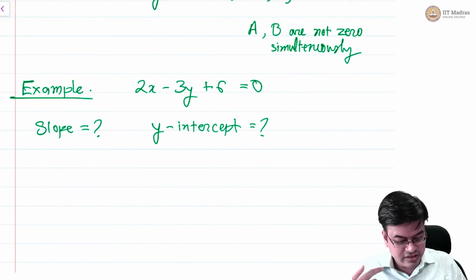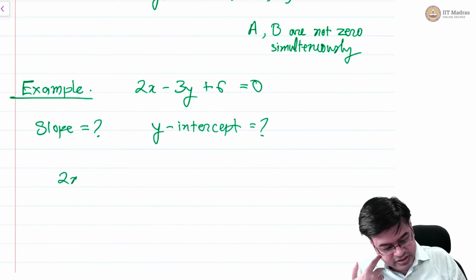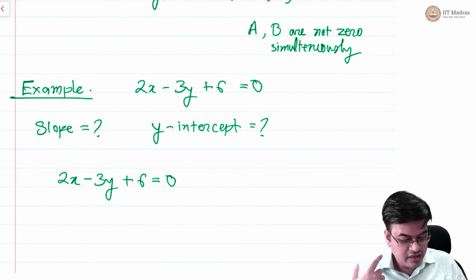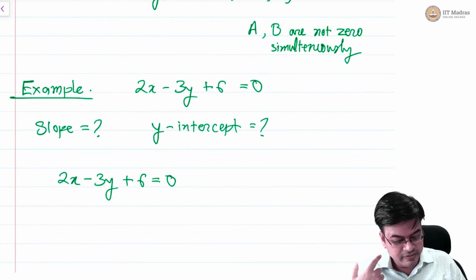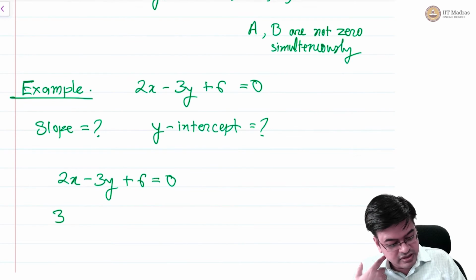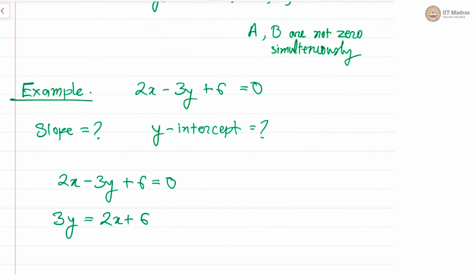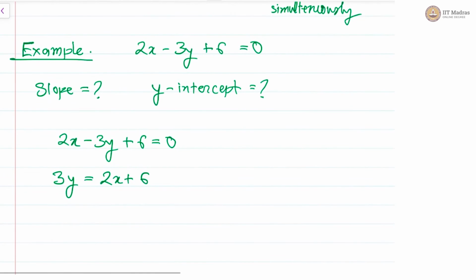Can I convert this equation into a slope intercept form? Let us take the equation 2x minus 3y plus 6 is equal to 0. Yes, perfectly well. I will switch everything on one side, that is I want everything on y to be on the left hand side. So I will write 3y is equal to 2x plus 6, the first step. Now I don't like that 3 over there, so I can simply divide by 3 on both sides. I will get this is 2 by 3 times x plus 6 by 3, which will be 2.